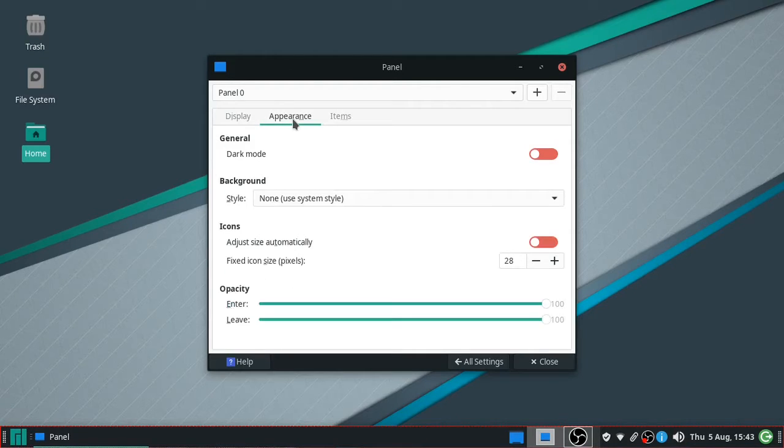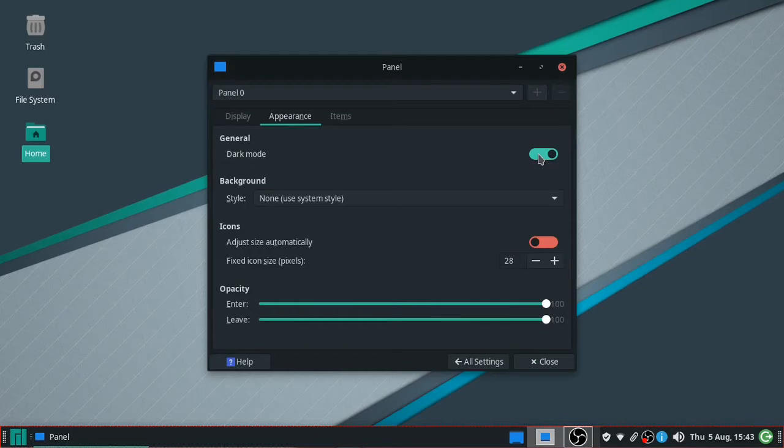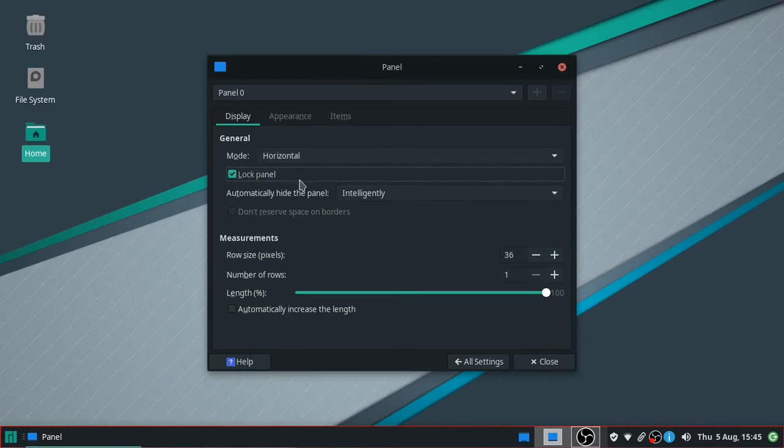Appearance, dark mode. Oh, we like dark mode. There's dark mode. Yeah, it's easier on the eyes if you're like me. Top background none. It's just, some people like it, some people don't. Some people like light mode better. You manually set it, say like a 20, going into smaller icon sets and use less panel space and that kind of thing. Alright, let's